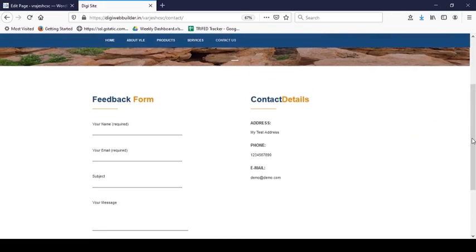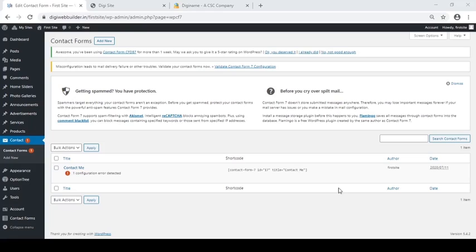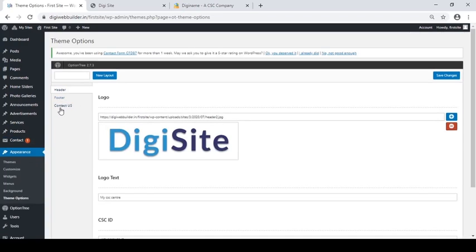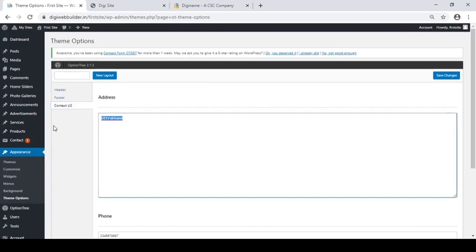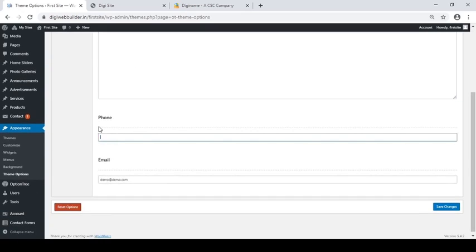Now we will edit our contact details. To edit the contact details, go to the Appearance tab, Theme Options, Contact Us, update your address here, update your mobile number here, update your email ID, click on Save Changes.